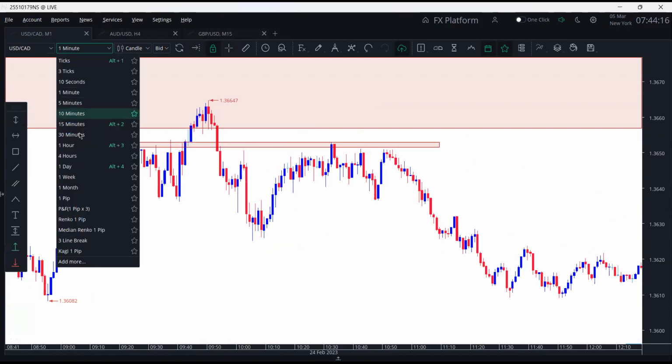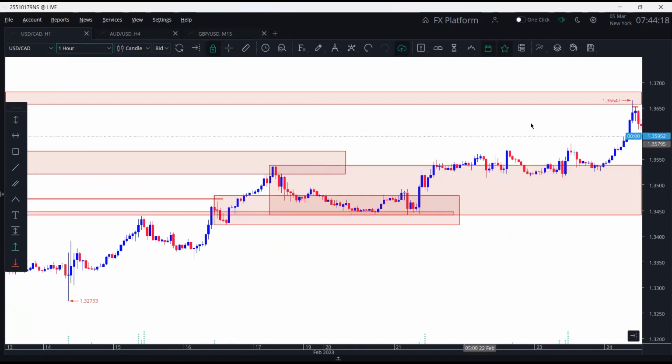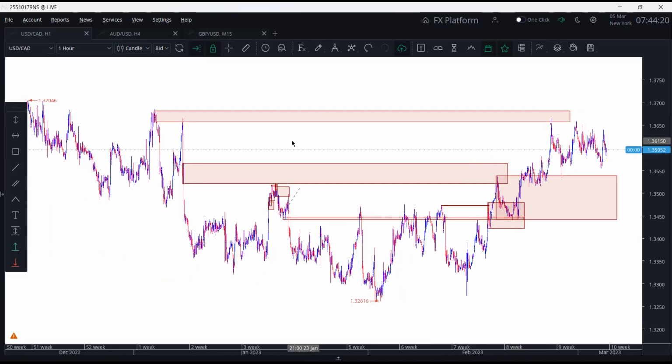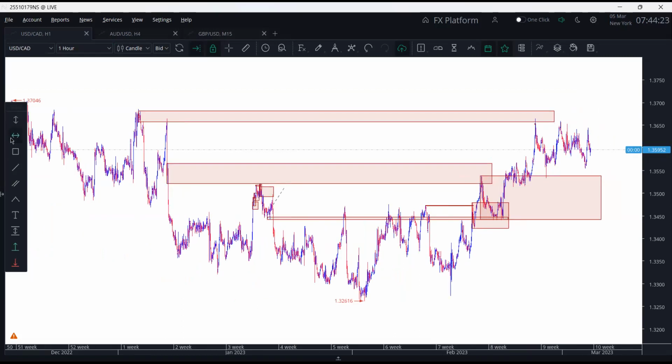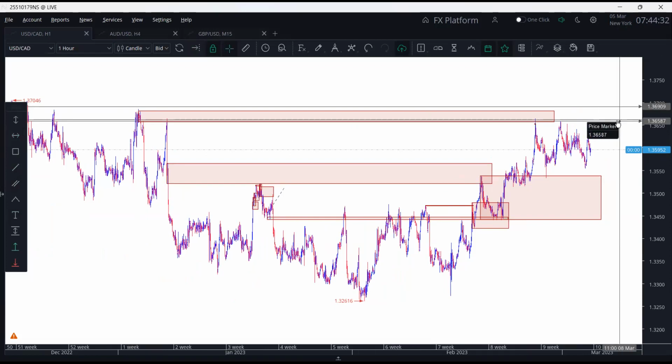You know, if you want to trade in that area, you should enter here and put your stop loss right above this high, and you see your stop loss is really high, and